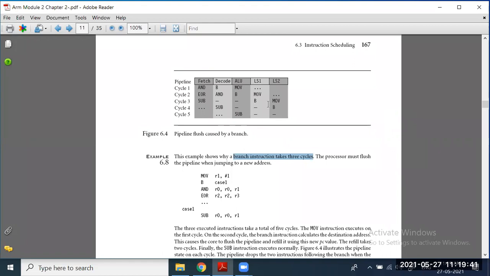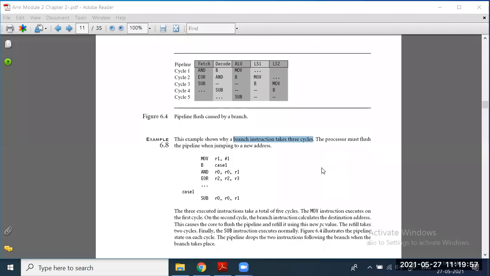Anyone? Okay. Anyone have a doubt? In order to refill, it takes 2 clock cycles, plus the execution of the branch instruction in the ALU. That is why we say it is 3 clock cycles.